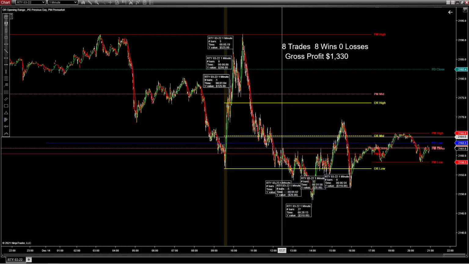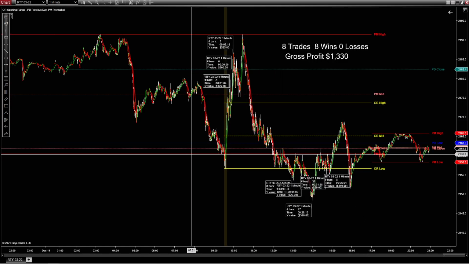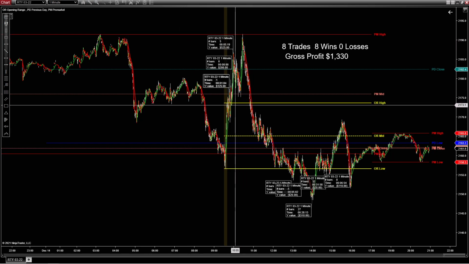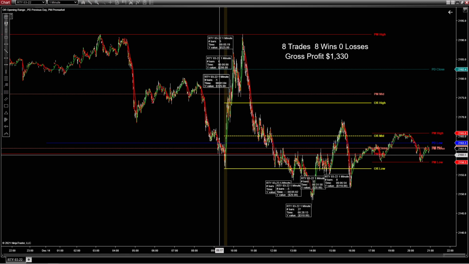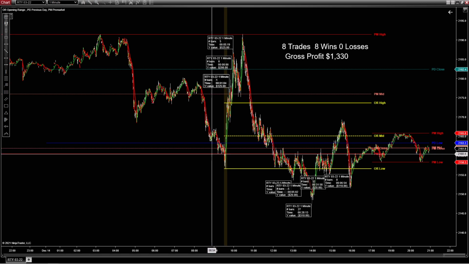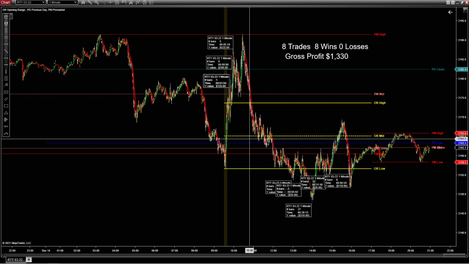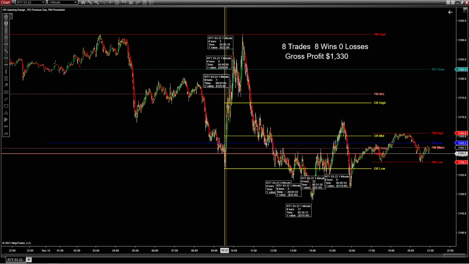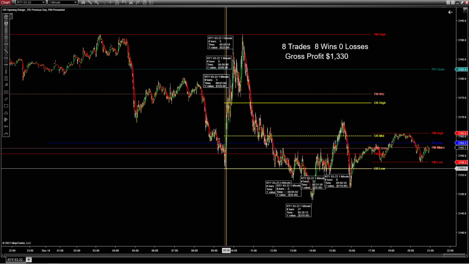So what I did was I added the opening range, and then we have our pre-market low and pre-market high. Usually, when one of the pre-market low or pre-market high is inside the opening range, it would usually go the opposite direction. In this case, when it opened, our pre-market is here, our opening range low is here, and